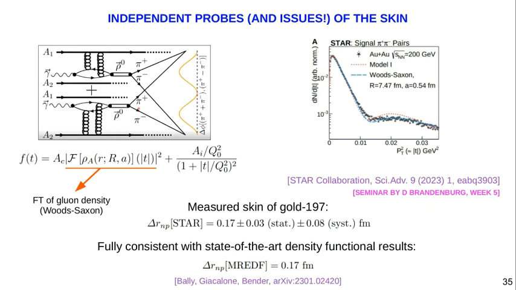Well, what you get here is basically the matter density. What you assume is that you know the proton one, and then you can derive the neutron skin, the neutron density. Essentially, this is an estimate of the neutron